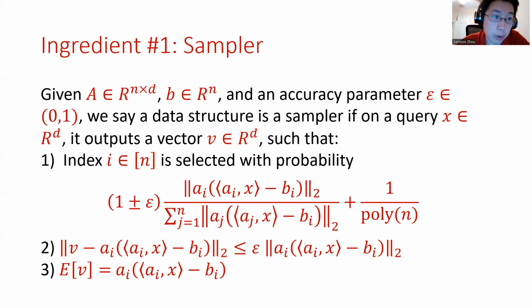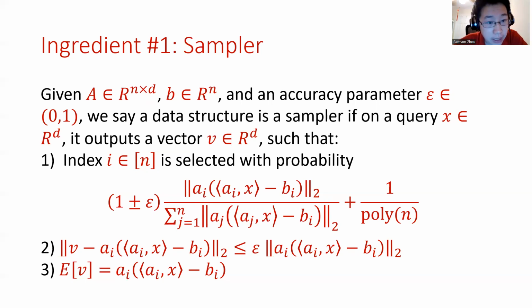Okay, so how does our algorithm work? Well, there are two main ingredients. And the first ingredient is a sampler. And it's a bit cumbersome, so bear with me. Given a matrix A that has dimension n by d, a measurement vector B that has dimension n, and an accuracy parameter epsilon, which is between 0 and 1, we say that a data structure is a sampler if on a query X, it outputs a vector V such that